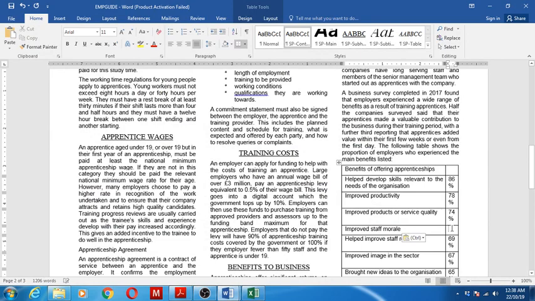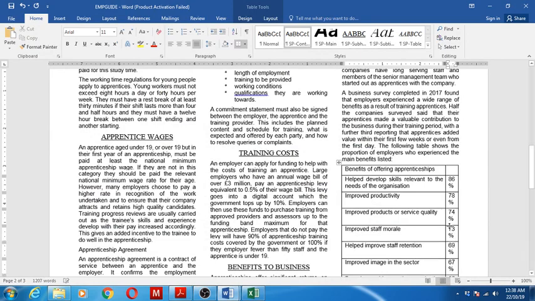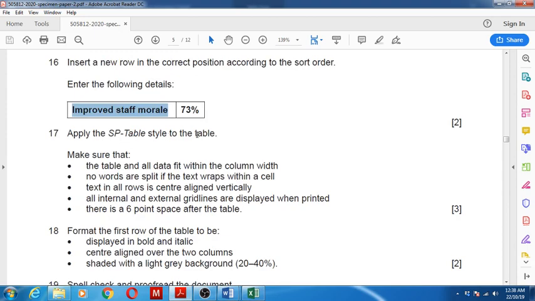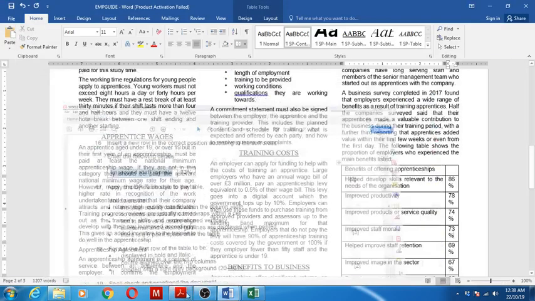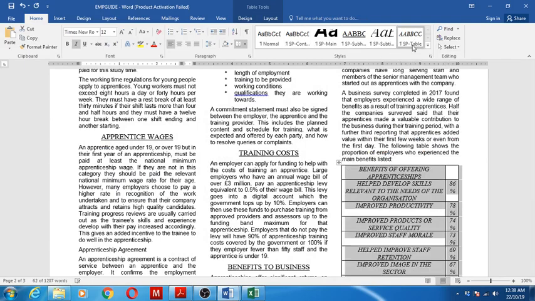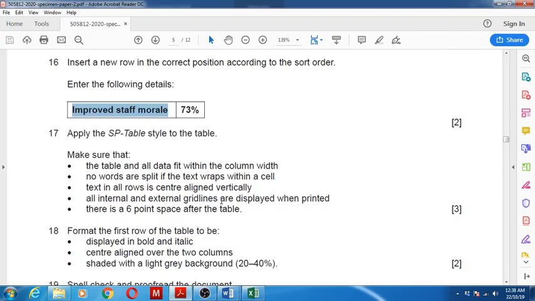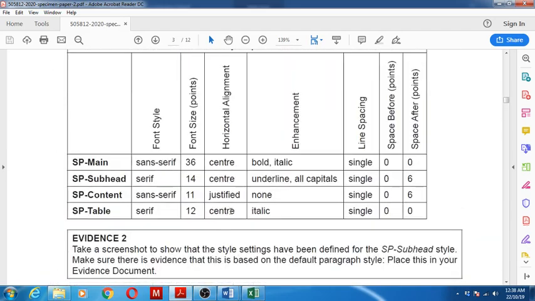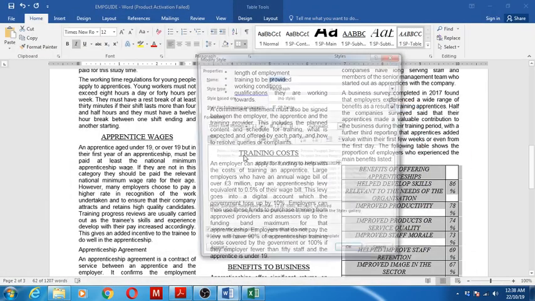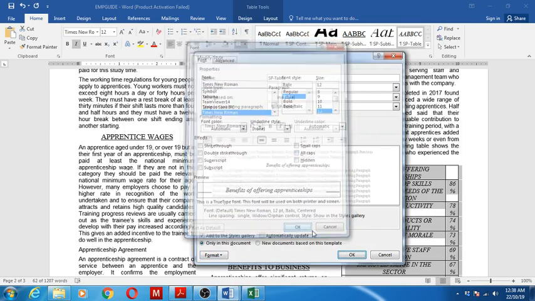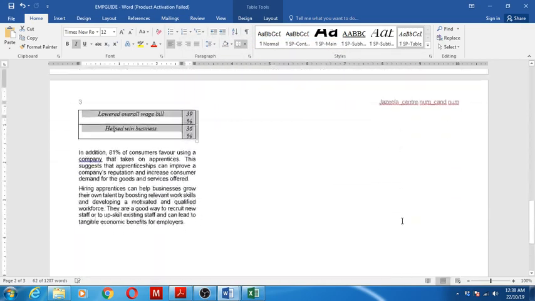Now I just press the enter key, which is the easiest method, and then paste it properly. 73%. Now apply the SP table style to the table. So select the table and apply SP table. Again, in SP table it was not all caps, so I have to change it. This is the correct style,